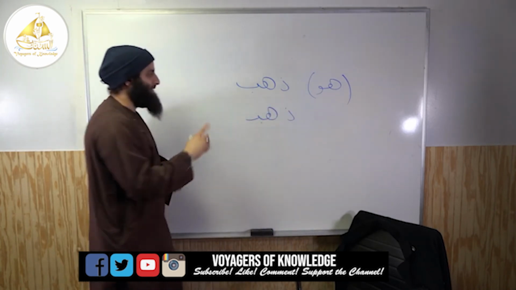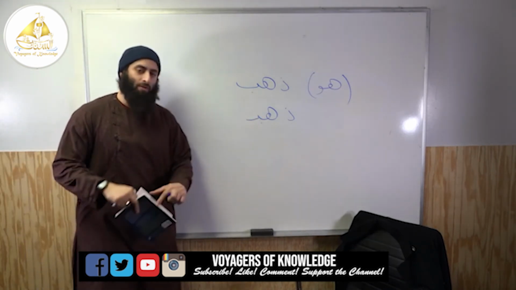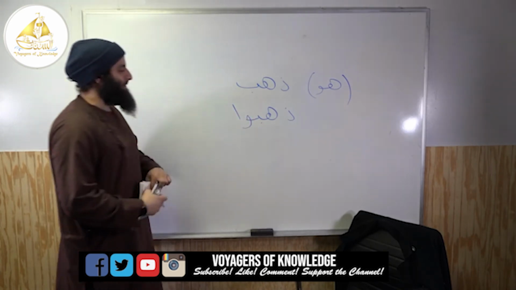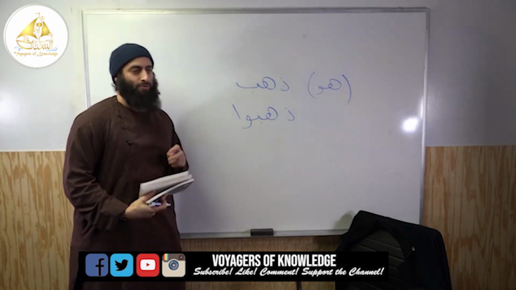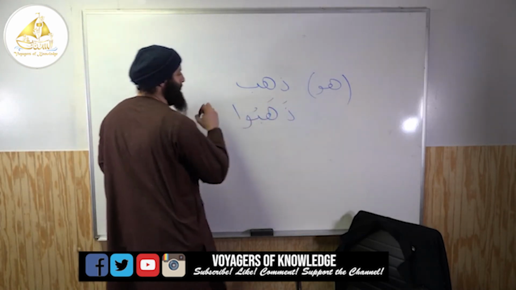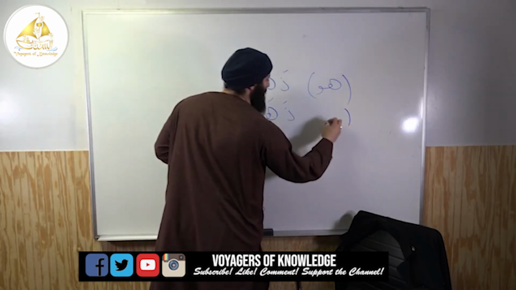So if there's a group of people doing that action, we are going to add, the ba is still there. Can you guys see back there? The ba is still there. We are going to add a waw and the alif. This alif is written and not pronounced. Dhahabu. This is dhahaba. This one is for hum.